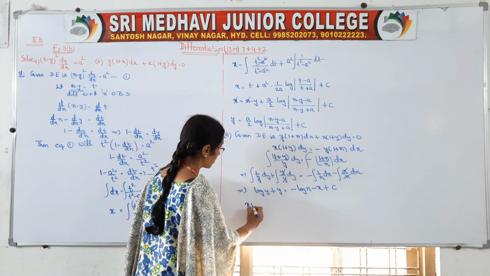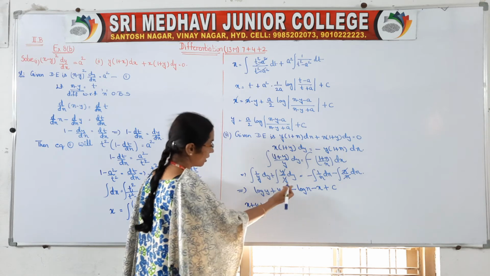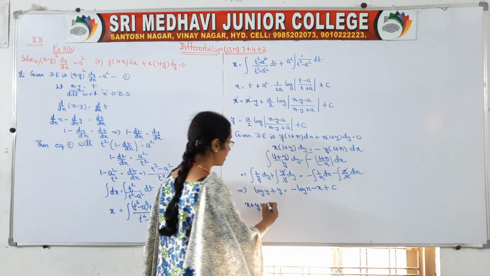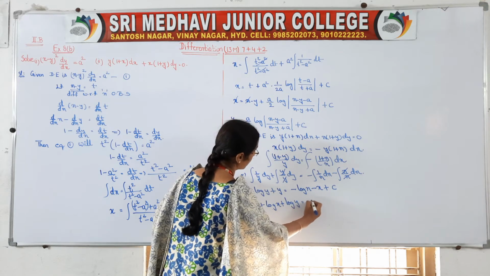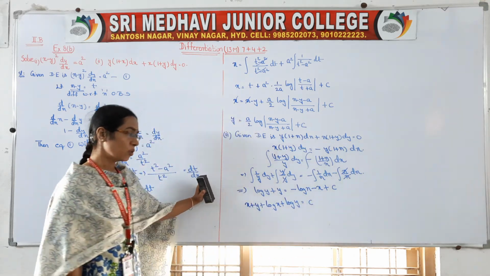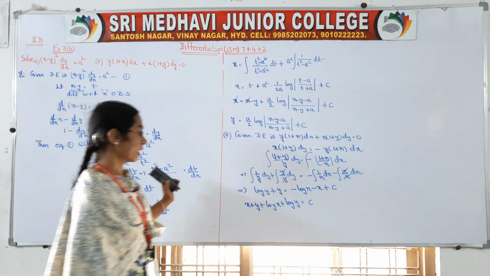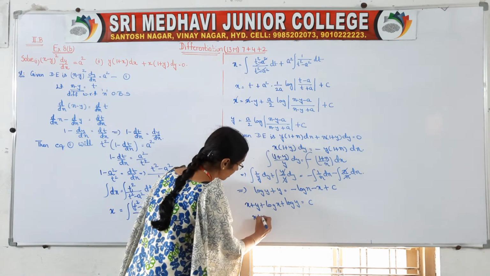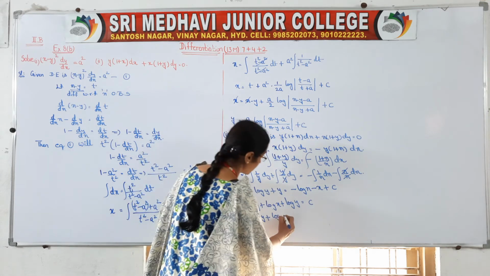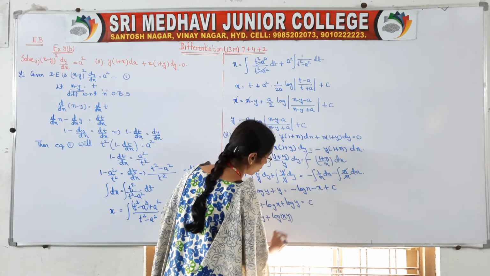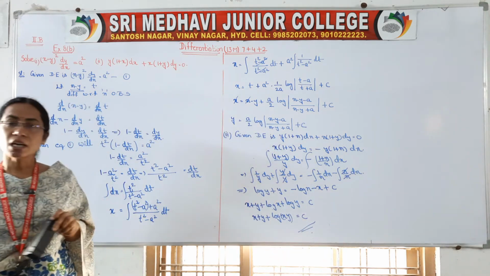So x minus x, no, if you bring this side, plus x, and y is there, and minus log x, if you bring this side, it is log x plus log y is equal to c. You know this, log m plus log n is equal to log m into n. So we can write this as x plus y plus log m plus log n is log m into n, that is log x into y is equal to c is the answer of your question.